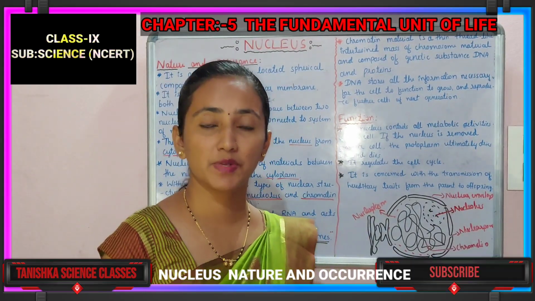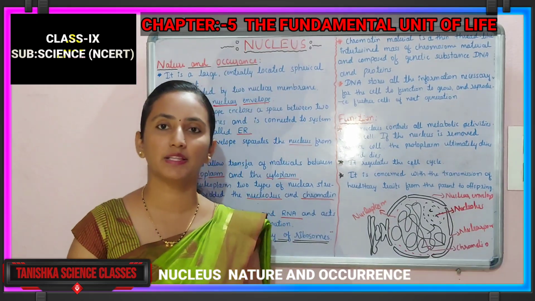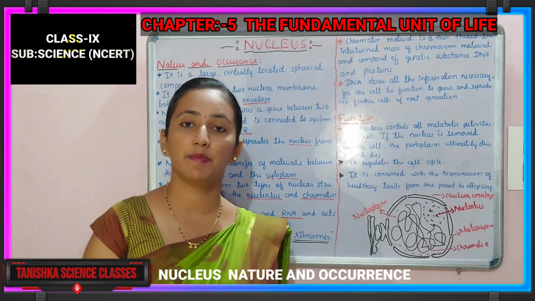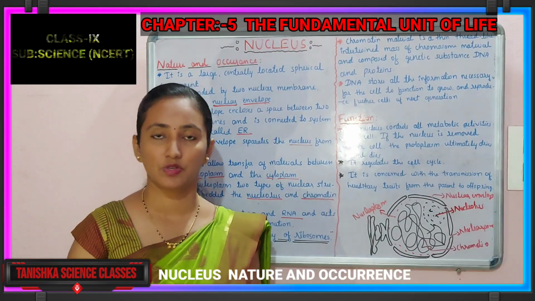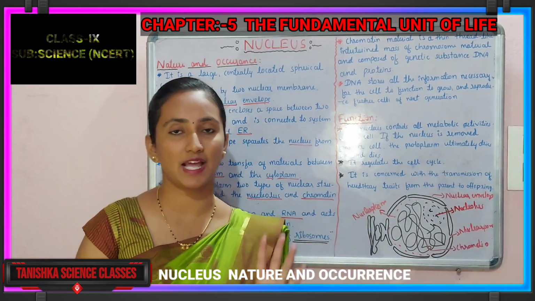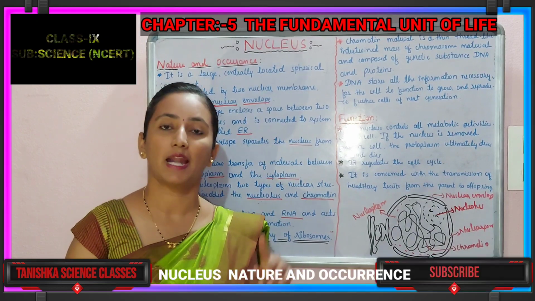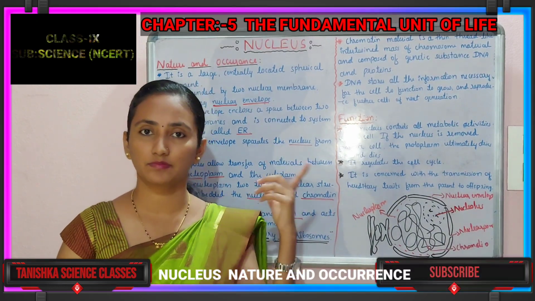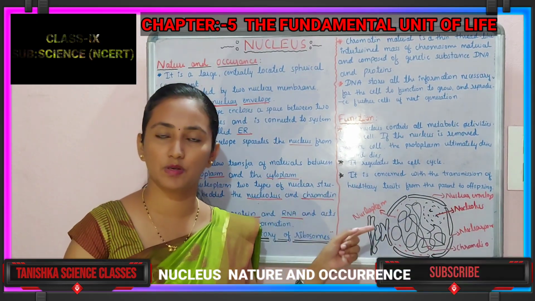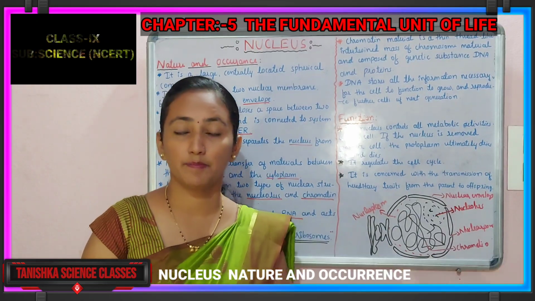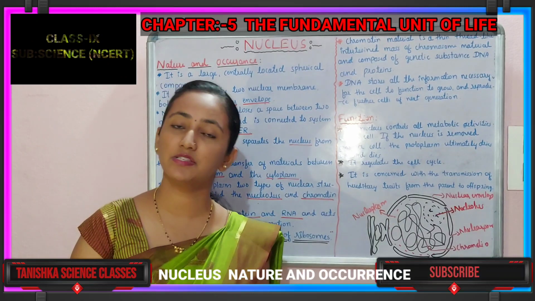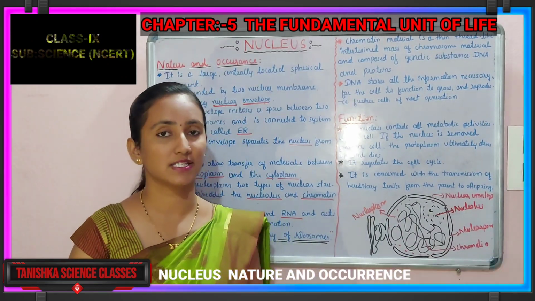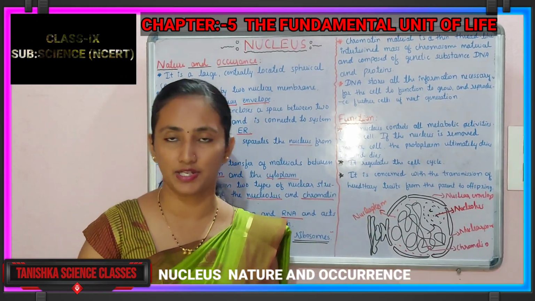Dear students, in our previous class we started the topic of the structure of the cell, and we observed that there are mainly three parts. Which are those? At first is the cell membrane or plasma membrane, the next one is the nucleus, and the third is cytoplasm. In the previous class we studied the cell membrane or plasma membrane and the cell wall. In today's class, let us study the nucleus in detail.